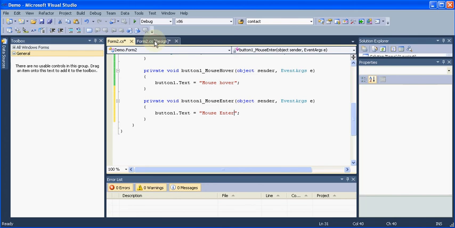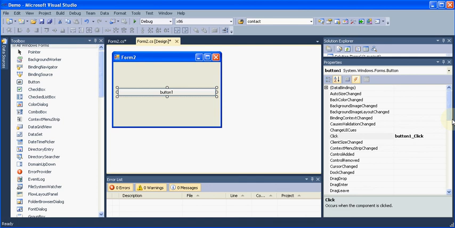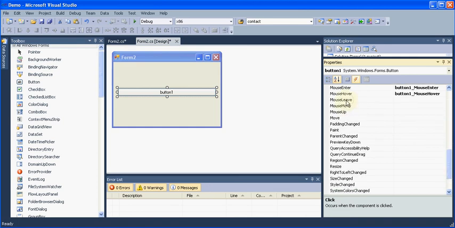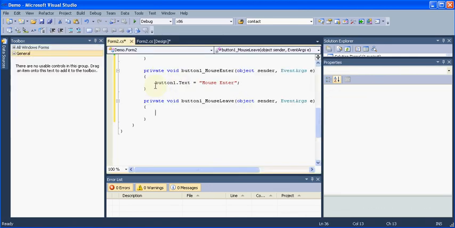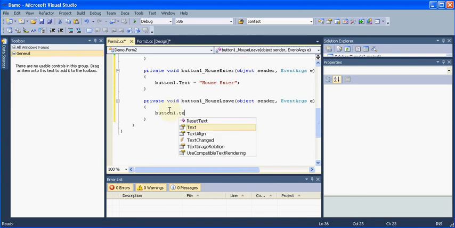Then you have one more event, mouse leave. We will use this event to say button1.Text equals "mouse leave".